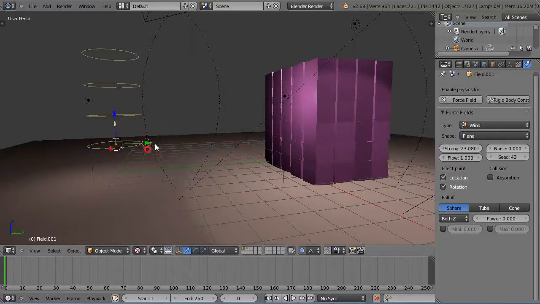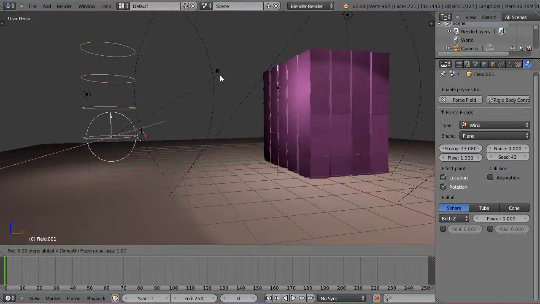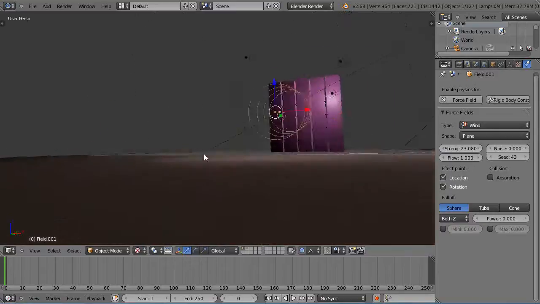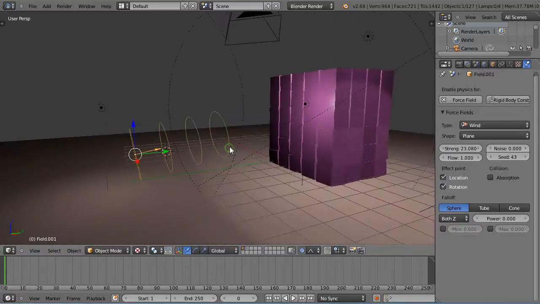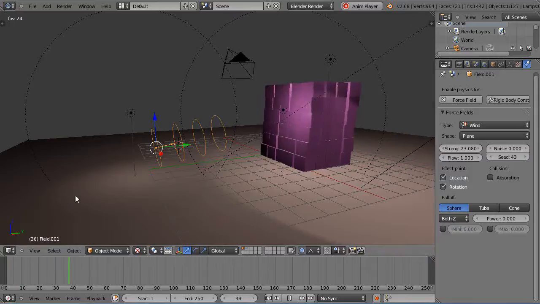And I'll move it back here, and if I want to point it towards that building, I'll just have to rotate it on X, RX. I've rotated it like this. Point it up like this a little bit. Okay, so then that's really all I need to be able to set it. And so if I press Alt A, you can see now the wind is starting to push